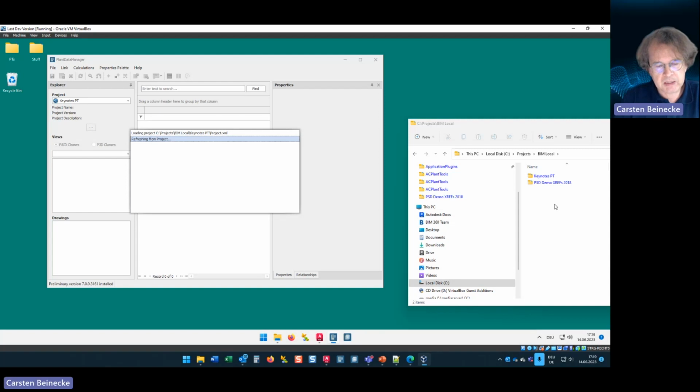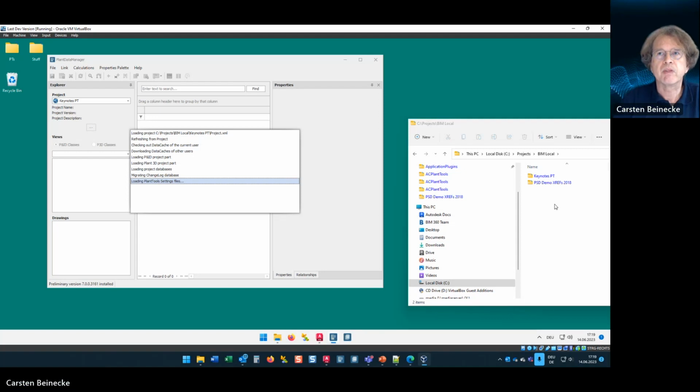So what Autodesk did for the Plant3D 2023 version is to make the BIM functions you have in Plant3D, like opening a project or downloading a project, checking out a drawing, checking in a drawing, or in general, checking out, checking in and refresh from project, available even for desktop applications. And the way that works is that in the background,